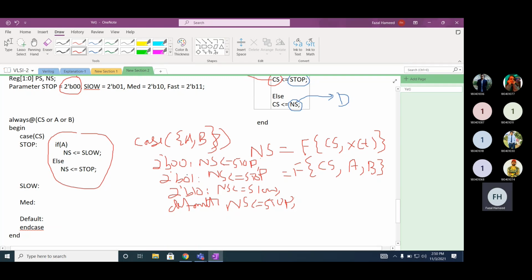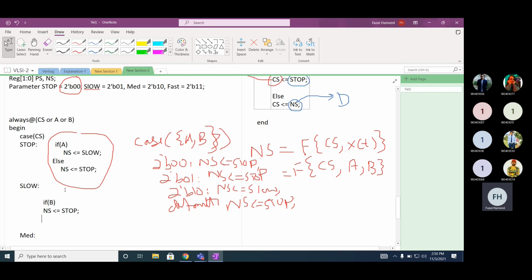So now if you look at the slow state, okay, now we can also have an efficient coding. Can we write it like this? The first priority should be for brake. If brake, what should be the next state? Up.